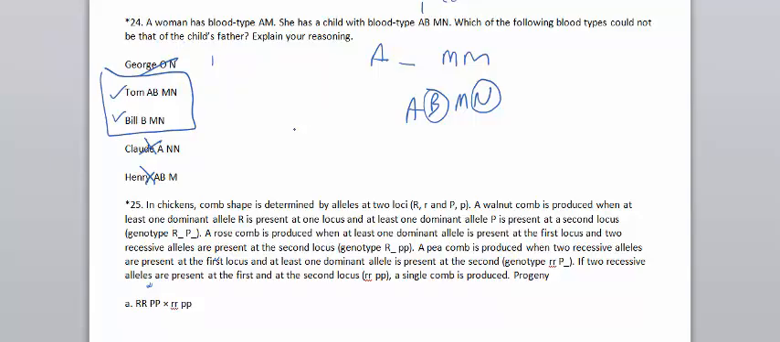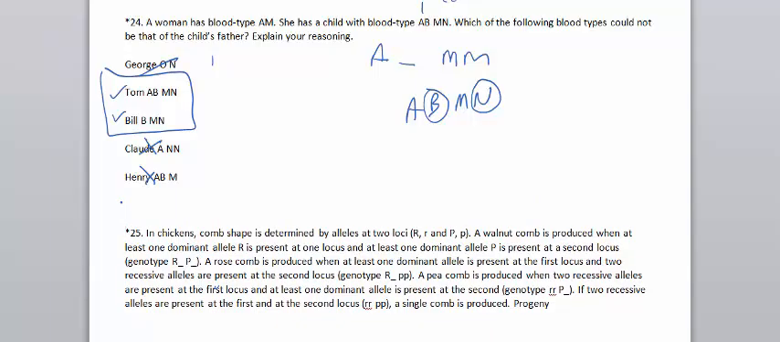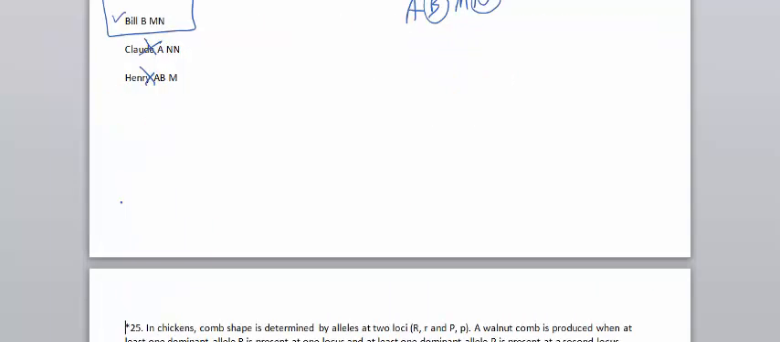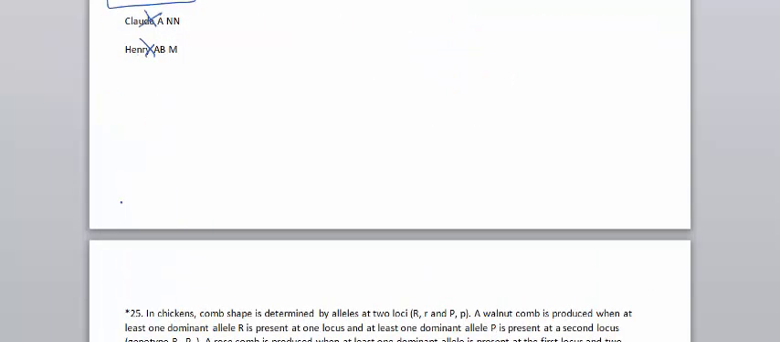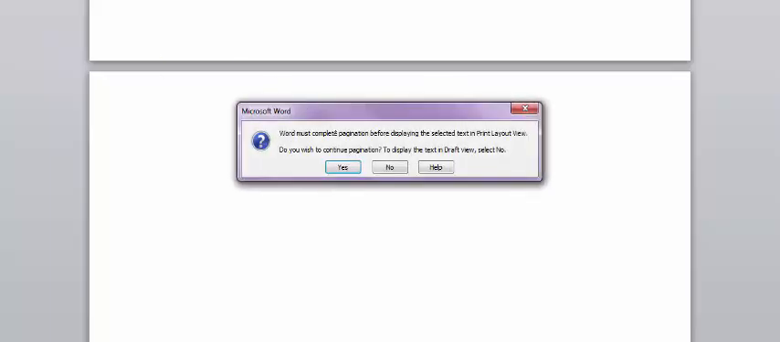Alright, so I'm going to add a problem here. Starting at 25, we start looking at 2 genes and some gene interaction like epistasis and that sort of thing. So we'll hold off on that till later. But for now, I do want to add one more type of problem here, just to show that now that we've got different types of inheritance,